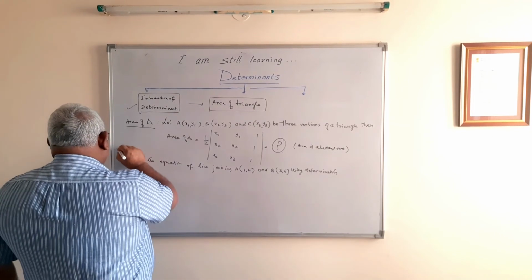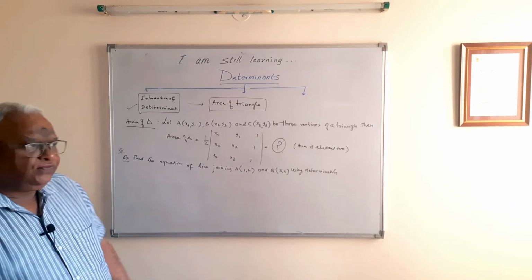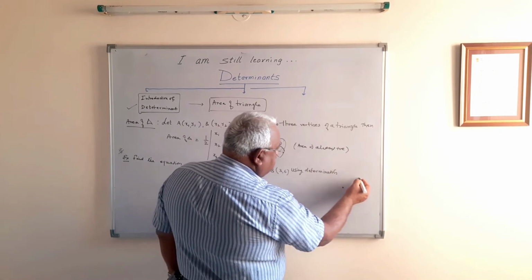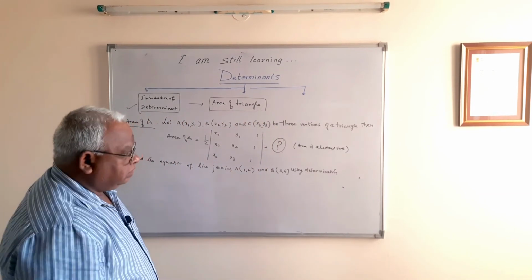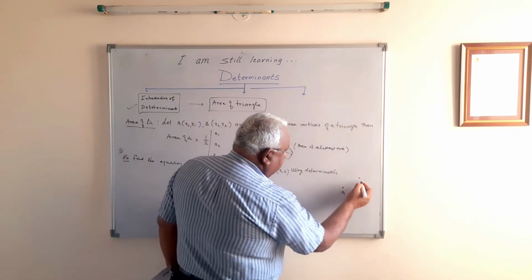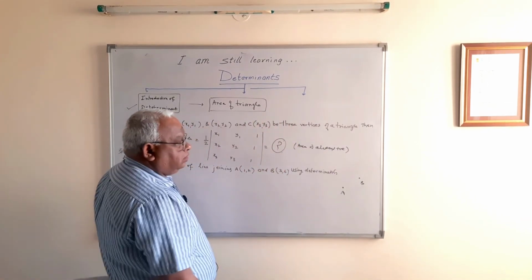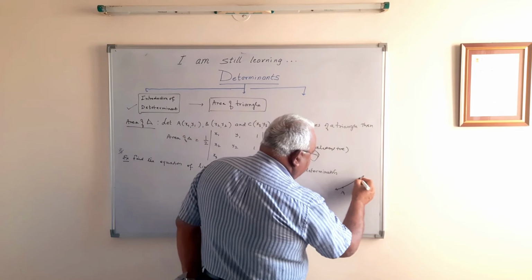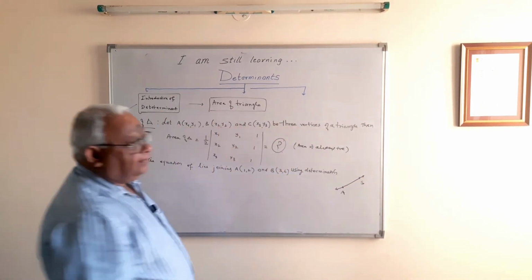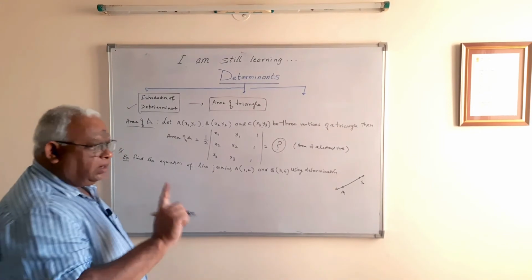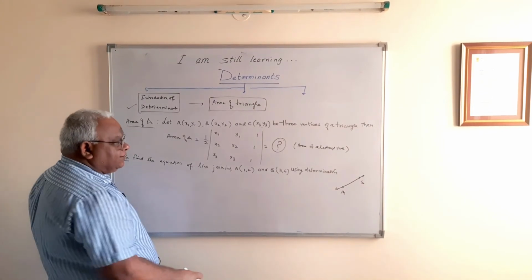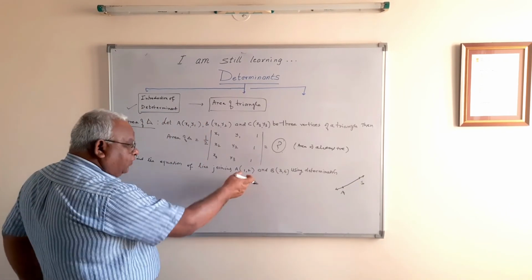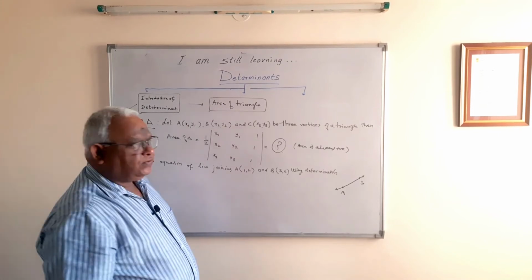This is a very smart question, and this is very important as far as logic is concerned. This you have learned in class 9th. If you have 2 points given on the plane, then you can have one and only one line which contains both of them. You can have one and only one line. Now the question is, that is what you did in class 9. But what is the meaning of this? When you come to class 12,